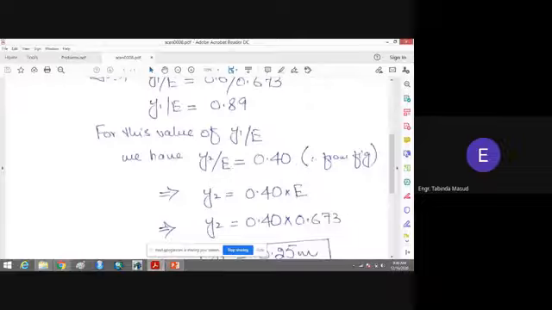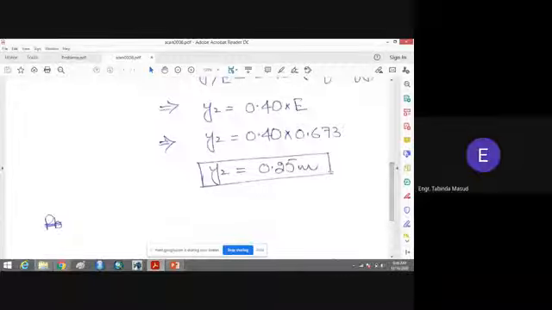So what will be the value of y2? We will multiply this value of 0.4 by E. E is 0.673, and so we will get the same value, that is 0.25. So with the help of the dimensionless discharge curve, we have got the value of the alternate depth of the flow very easily. But you must know about the direct solution, that is the use of the equation also,